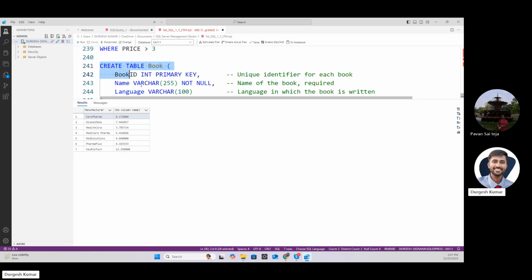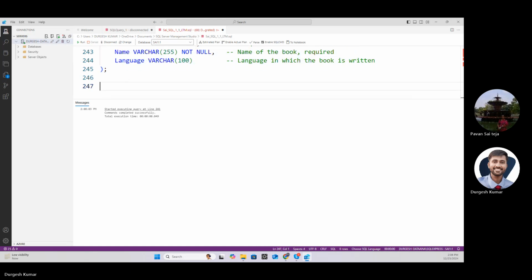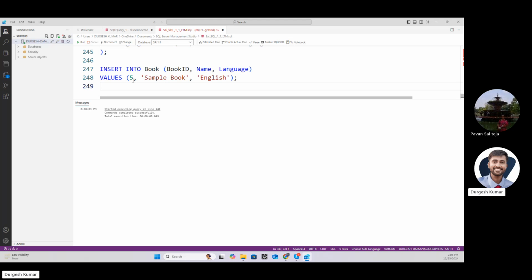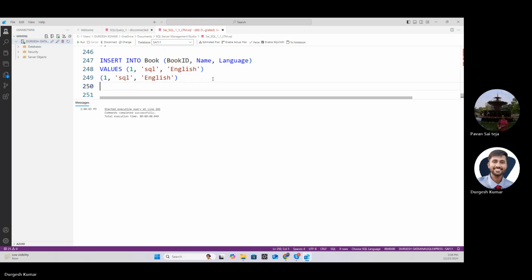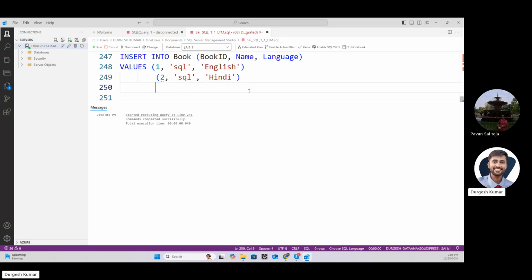बहुत ही इंटरेस्टिंग सा एग्जांपल है, और आप समझ जाओगे कि हाँ, दिस इज द डिफरेंस। ठीक है, हमने टेबल क्रिएट किया बुक, और इसके अंदर कुछ रिकॉर्ड डाल लेते हैं। तो लेट्स से आईडी इज 1, बुक इज लेट्स से SQL, लैंग्वेज इज इंग्लिश। Paste this one more time, we'll write it like 2 SQL, and let's say language is in Hindi also. ठीक है, and there is one more,